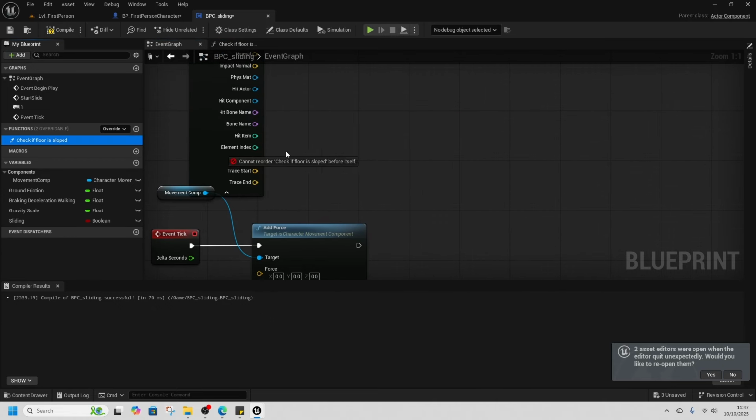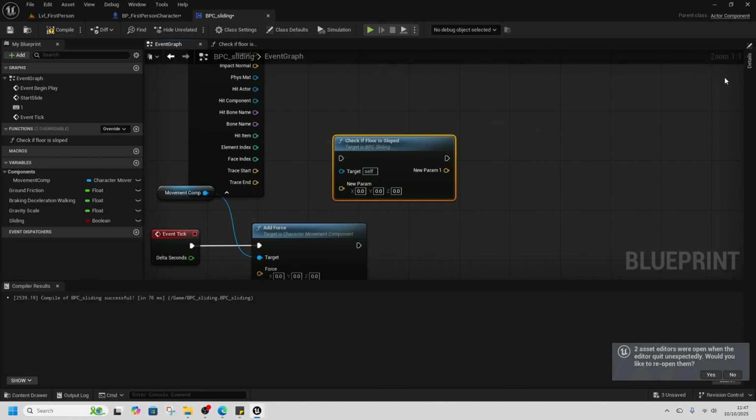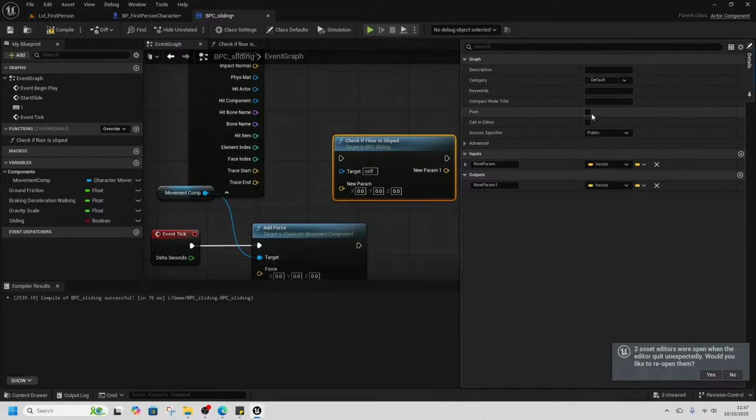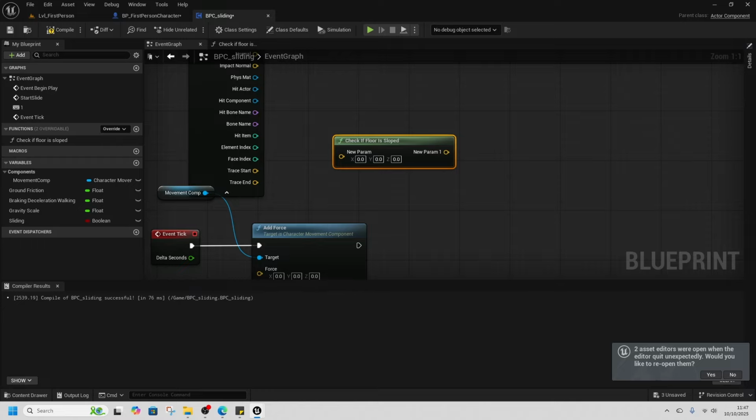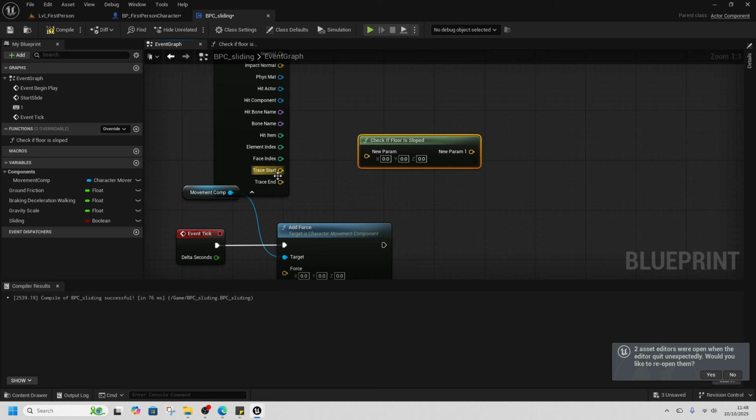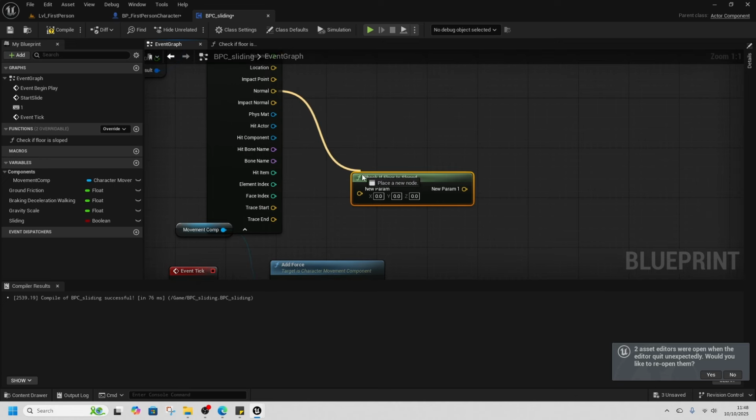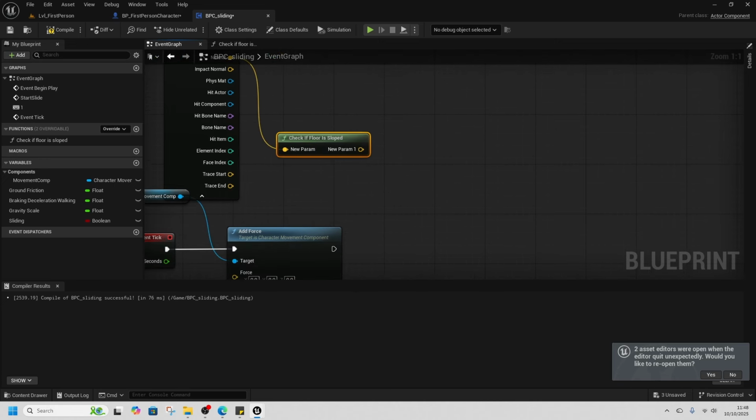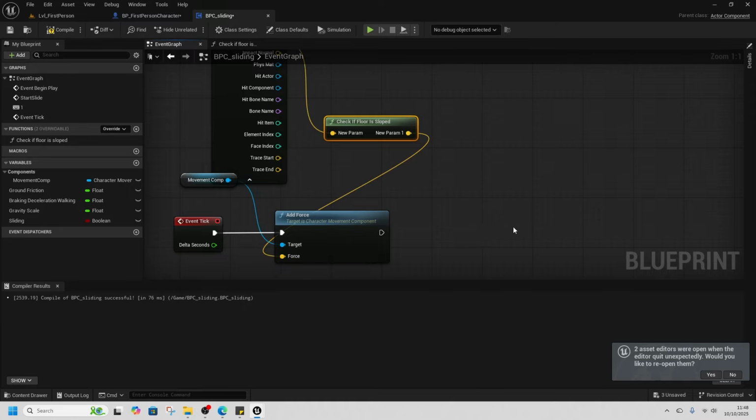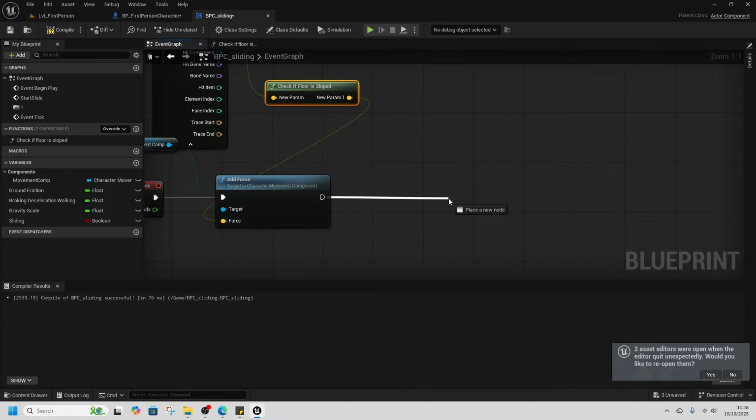So we can check if floor equipped, and we need to make sure it's a pure function. And then we can pass in floor normal to the new parameter, and the new parameter 1 will go into our add force. Okay, now we're going to get a sequence,